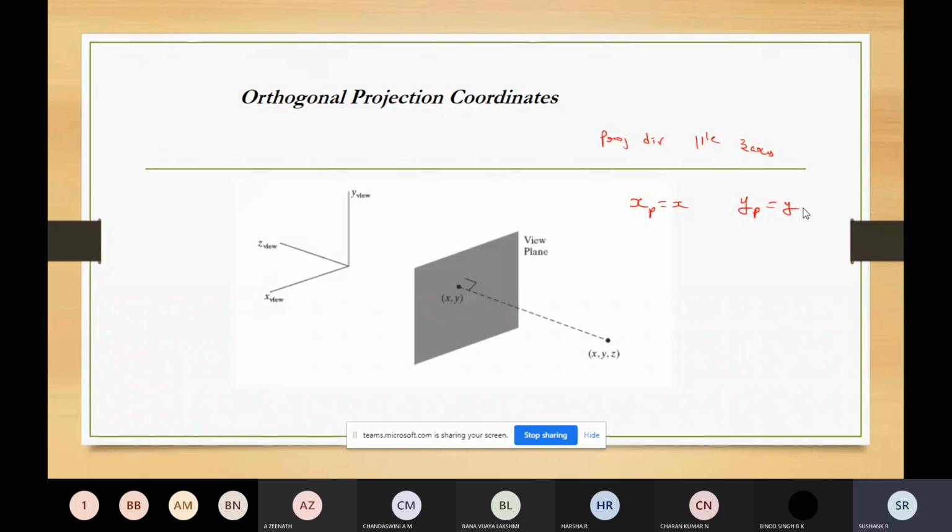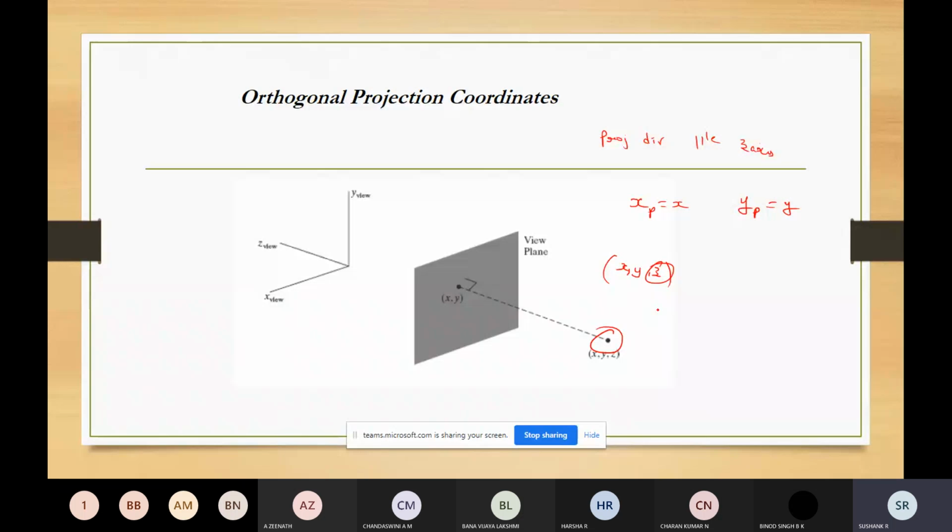the transformation equation for this orthogonal projection will be like the 2D one. For any point represented by x, y, z in the viewing coordinates, z is parallel so it will not come into account, and we are left with only x and y.